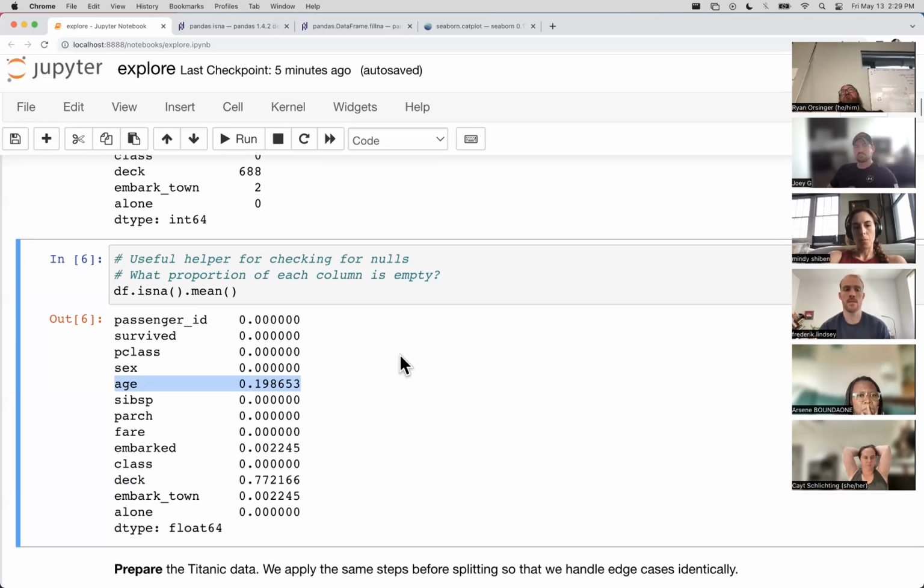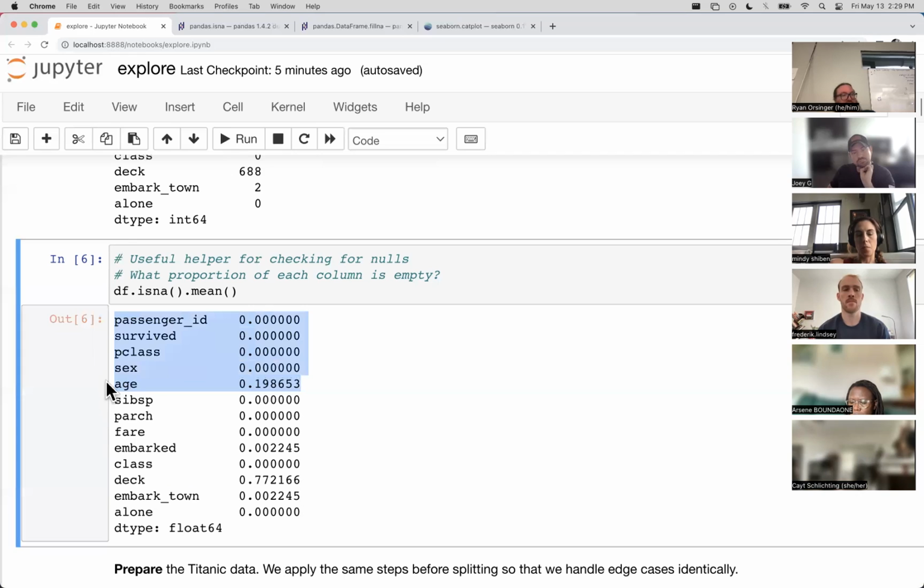If you've got 20% of your column missing, and you can't just delete it because you don't have that many rows to begin with, Titanic doesn't have thousands and thousands of rows, just some hundreds, right? In this case, a simple approach would be to fill NA on age with the average or the median. The median might be a little better option.